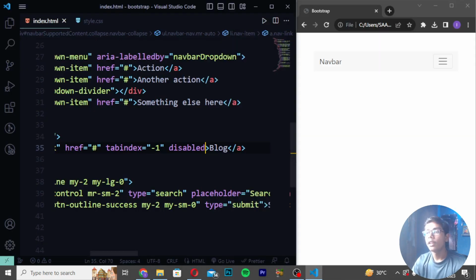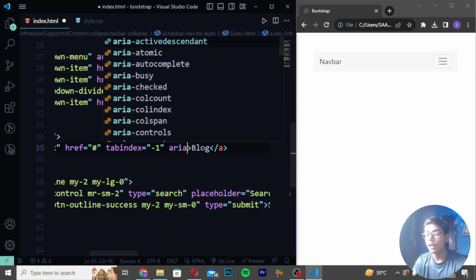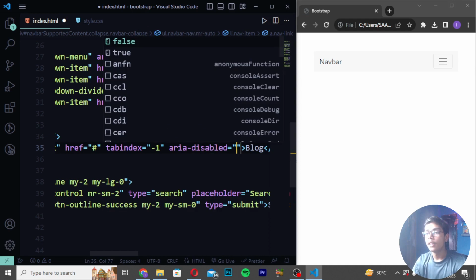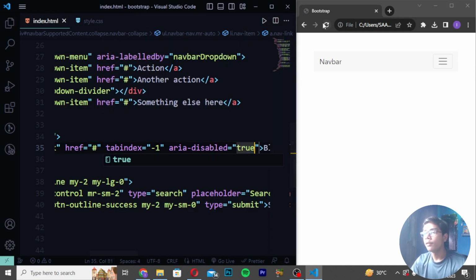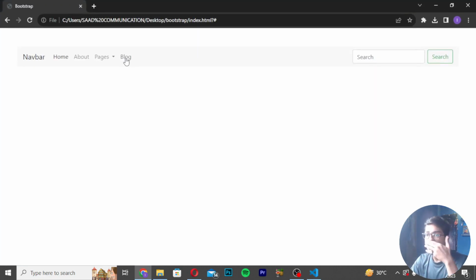But if you want it to be disabled through aria-disabled, you can use that as well. So I will now write here aria-disabled, and then you can set it to true. Save it, and then you have to reload. After reloading, you can see the button has been disabled, but we have not written it in the